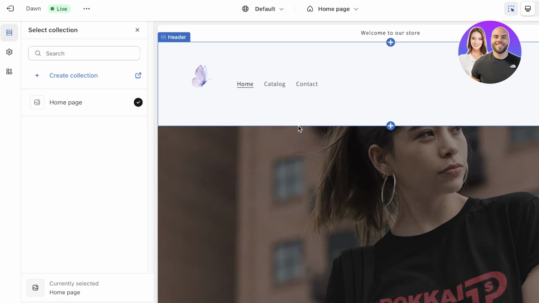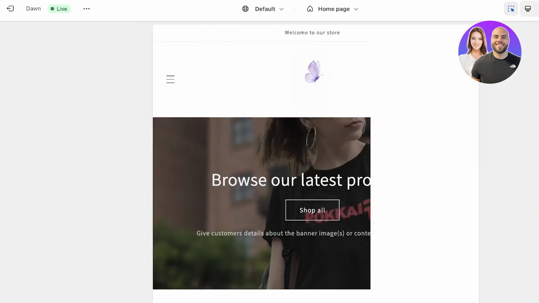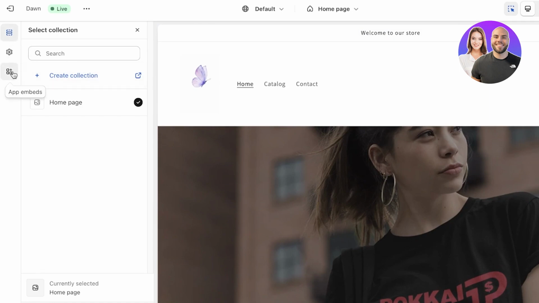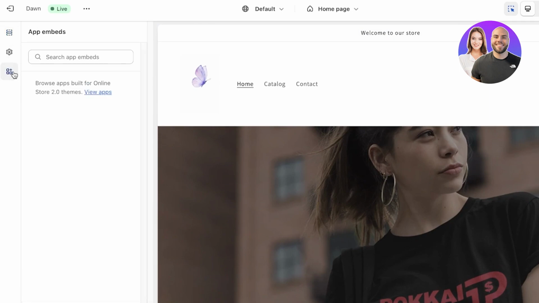It doesn't have to be your home page. And then once you are satisfied with the edits, you can click on save. You can also preview them in other styles. So we have our desktop style, then we have our mobile style, as well as our full screen style. Now, if I go back into my desktop style, I can click on app embeds on the left side, and you can embed multiple different types of apps. So let's say you have a scheduling application or any other type of application,